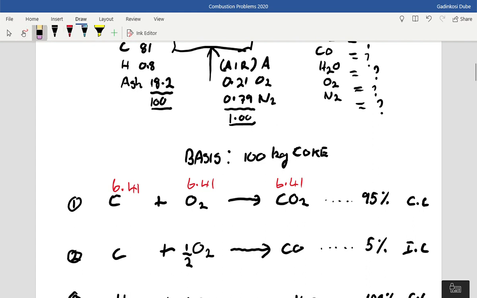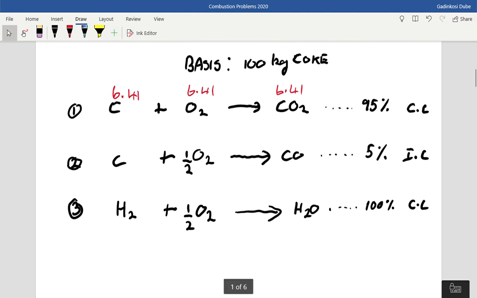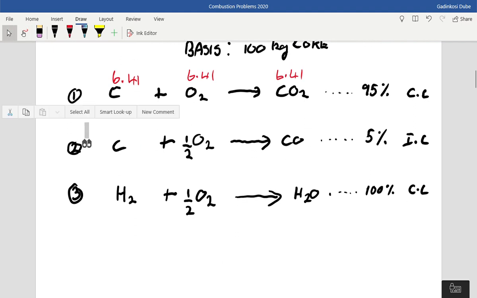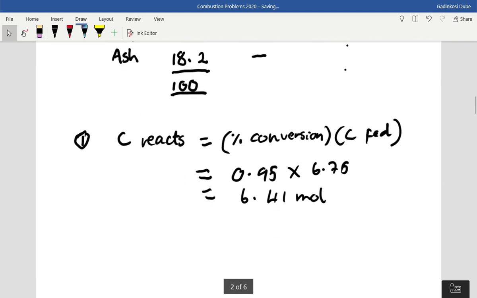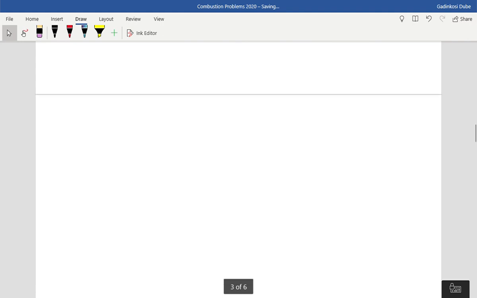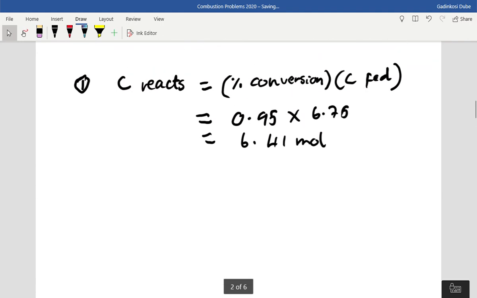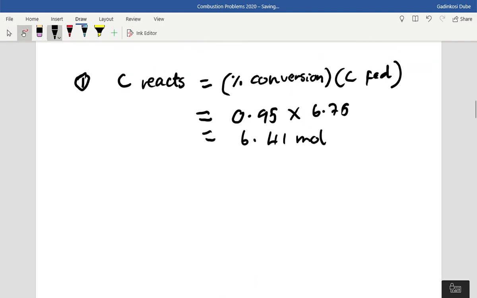Okay, go to the second equation and we look at that. So if we have a look at the second equation, you can see that this one is the incomplete reaction. So before we can come and check, we must make sure that our reactants can be delivered. So let's go back here. So you've got C, that's for the second equation now. Second equation, C that reacts